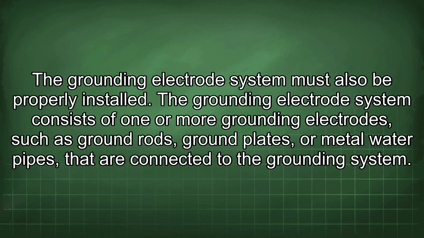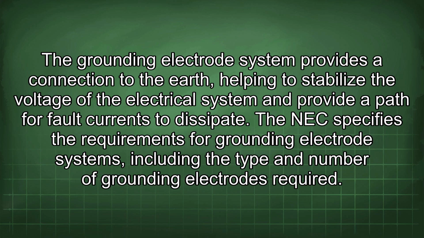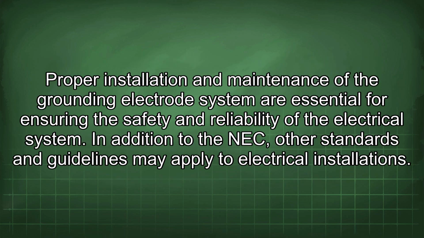The grounding electrode system must also be properly installed. The grounding electrode system consists of one or more grounding electrodes, such as ground rods, ground plates, or metal water pipes, that are connected to the grounding system. The grounding electrode system provides a connection to the earth, helping to stabilize the voltage of the electrical system and provide a path for fault currents to dissipate. The NEC specifies the requirements for grounding electrode systems, including the type and number of grounding electrodes required. Proper installation and maintenance of the grounding electrode system are essential for ensuring the safety and reliability of the electrical